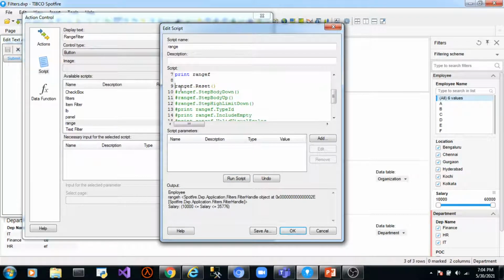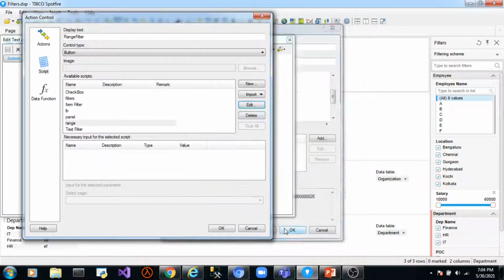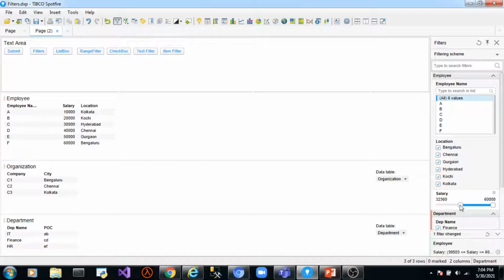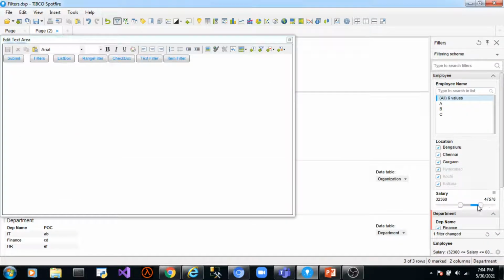Similarly, there are other methods. For example, step body down. What it does is it just shifts your filter range one notch to the left. For example, we have set our filter to these values.